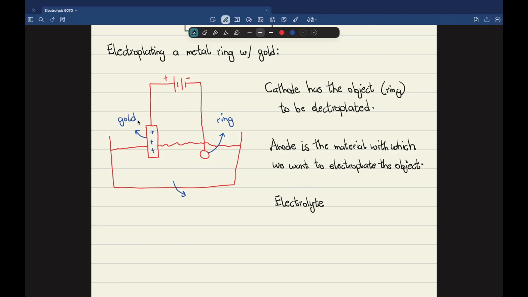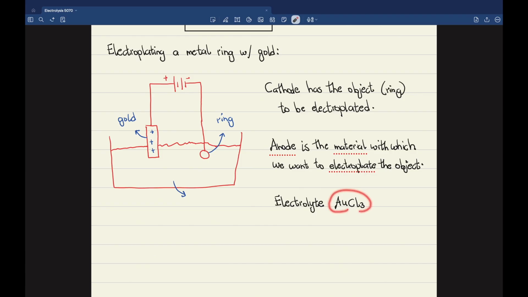Which will be made from the cation of gold itself, right. So let's use the electrolyte AuCl3. I think the charge on Au is 3. Let me just confirm the charge of gold. I think it is +3. I am pretty sure, yes, it does exist as +3. So yes, the electrolyte will be gold chloride, right. I don't know what the chemical name of this is, but let's talk about AuCl3. Let's assume it is aqueous